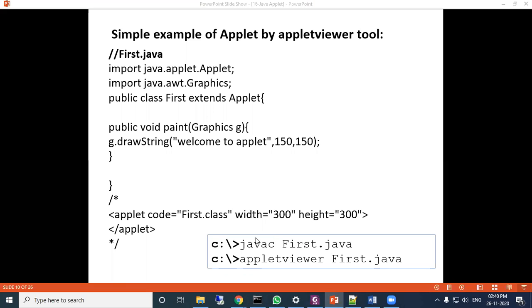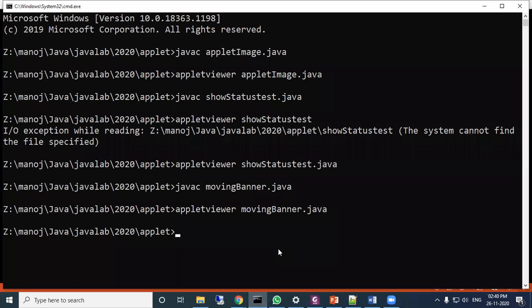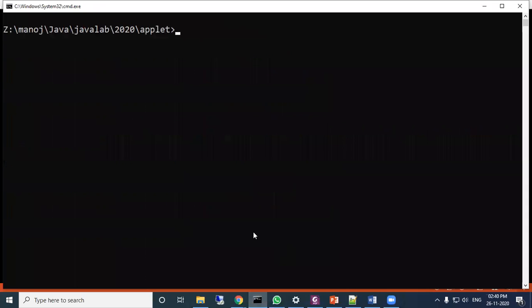When we run the program, we write appletviewer, then the program name, sorry, the Java file name.